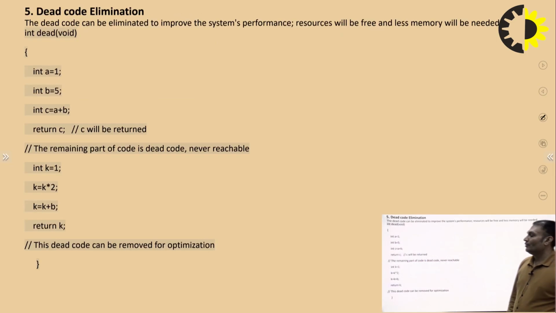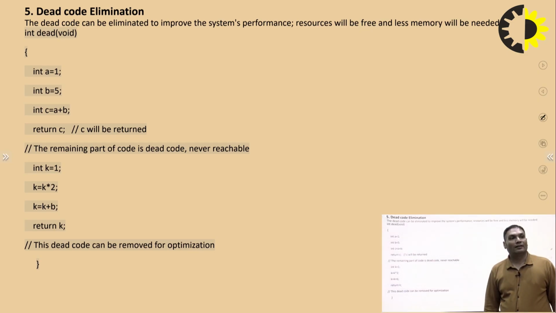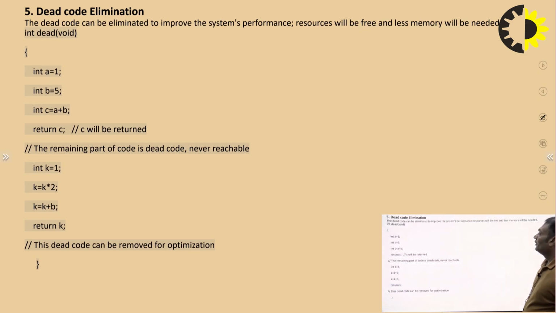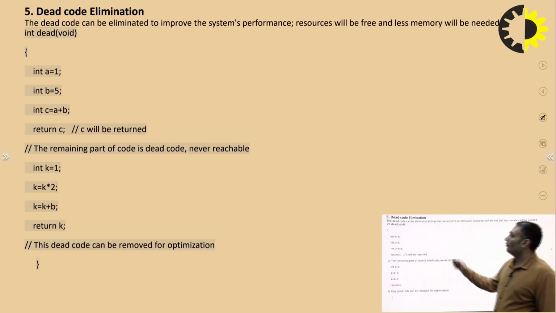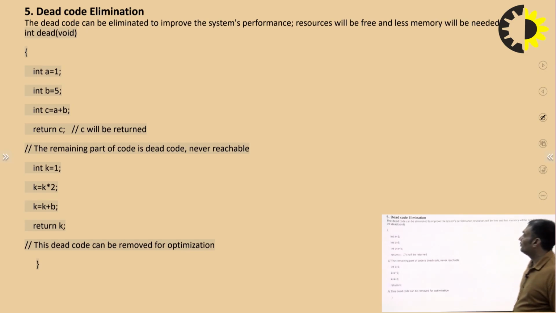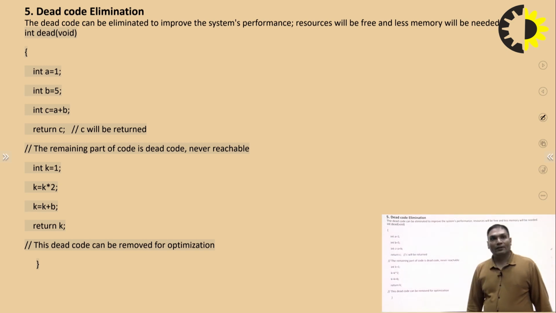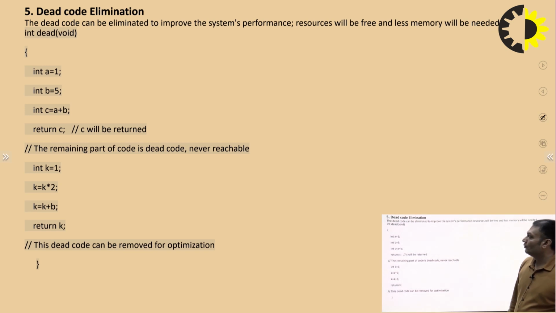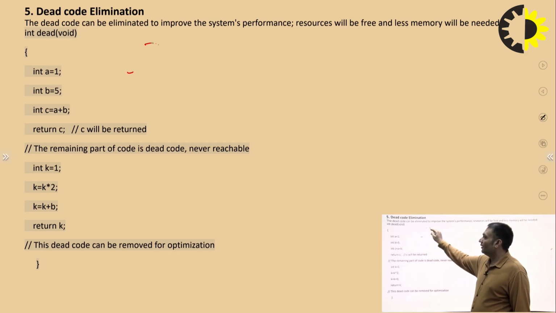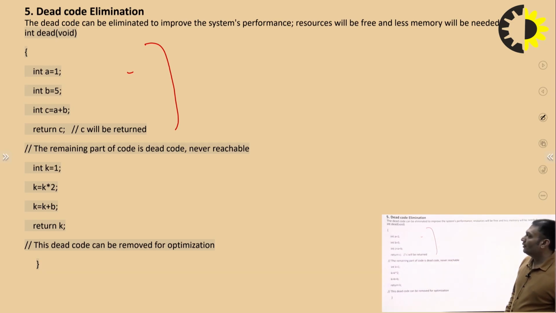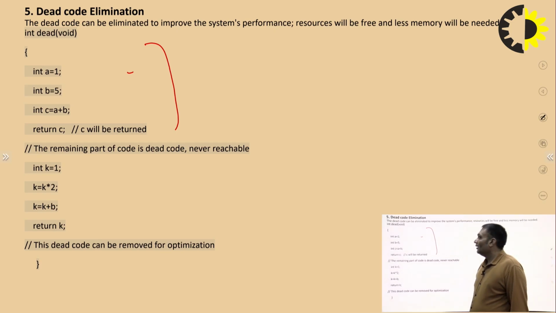Dead code elimination: the part of code that is not in use will be removed from the code. That's called dead code elimination. To improve system performance, resources are freed and less memory will be needed when we remove the dead code. So how can we remove the dead code? In this example, we will see the part of code that is not in use. So for example, here